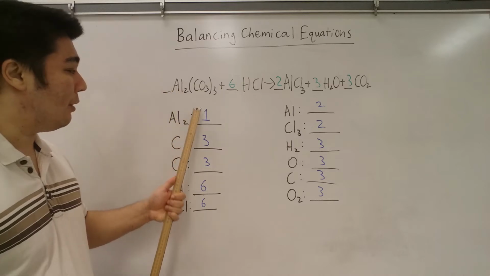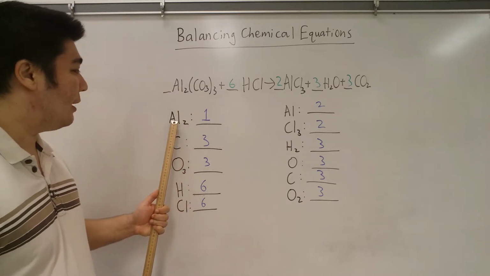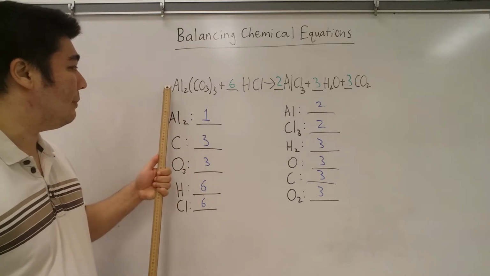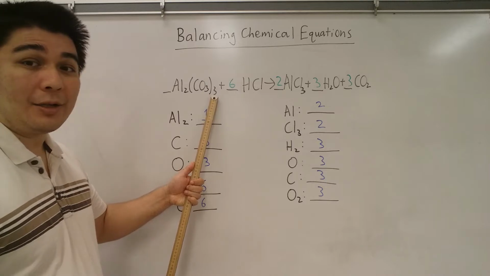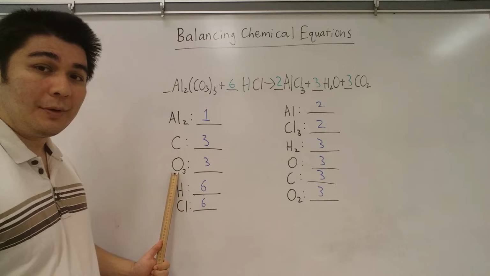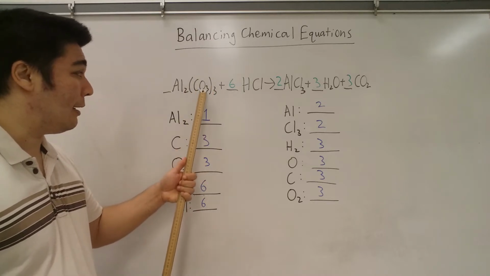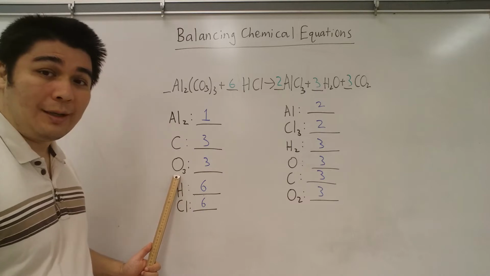That way, when I put the coefficients in, everything lines up. So I have my aluminum 2, which is 1, because I put the 1 coefficient here. The carbon atom has 3 attached to it, so that's why there's a 3. And the O3, which makes up this carbonate ion, still has 3, so there's 3 O3,